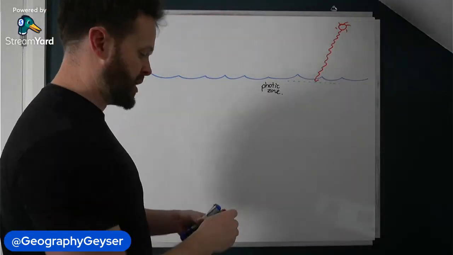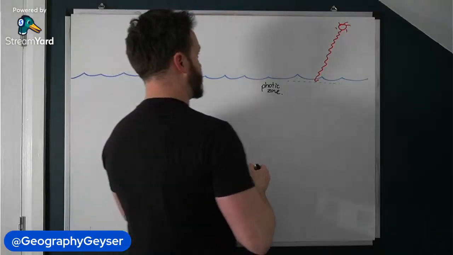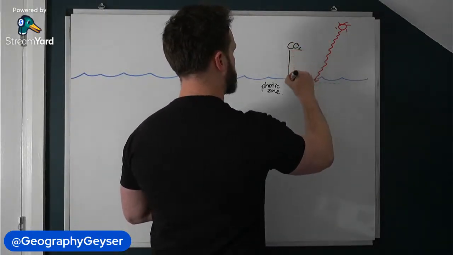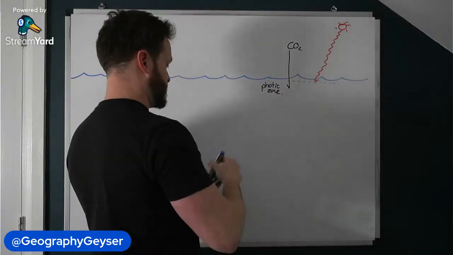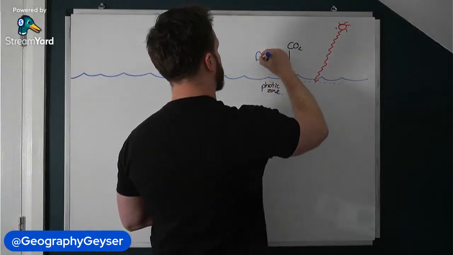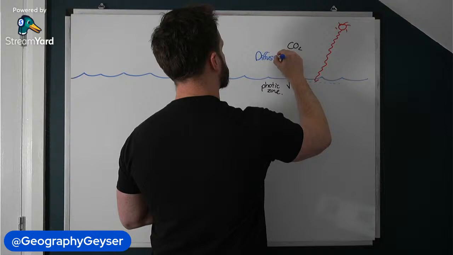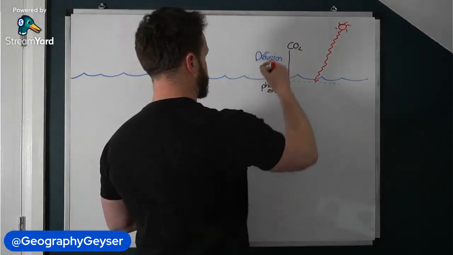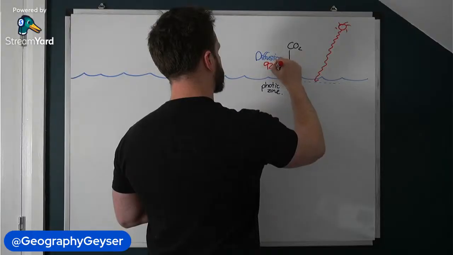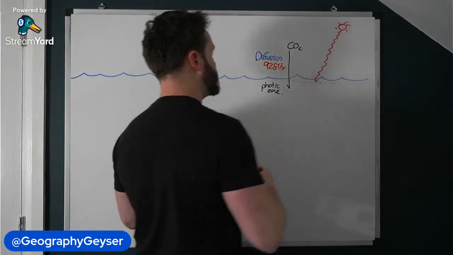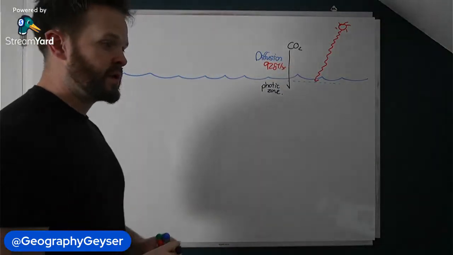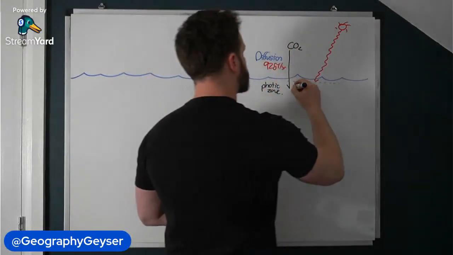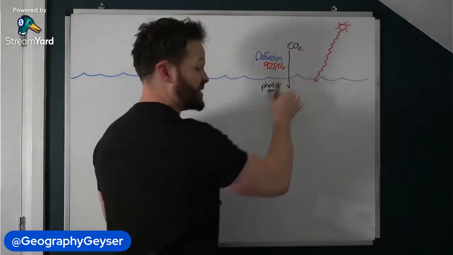Well, we need some carbon dioxide. Now, carbon dioxide diffuses directly into the surface oceans. Yeah, so that's the flux there. It's known as diffusion. And the direct influx of carbon dioxide takes place at around 92 gigatons of carbon per year. Now, that 92 gigatons of carbon per year is the influx, but just as there can be the direct